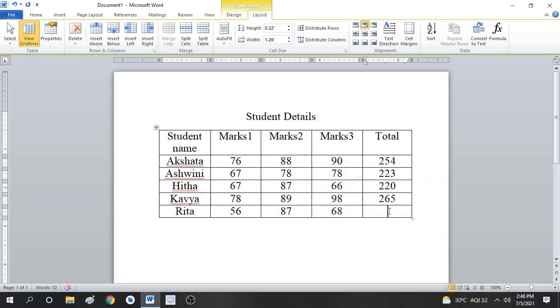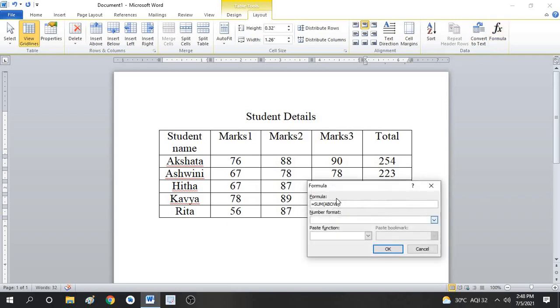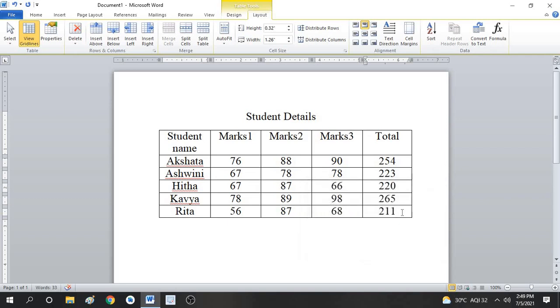Again go to this cell, click on OK. If I give above, it will add all the values which are above this. I wanted the left one, so I chose left.